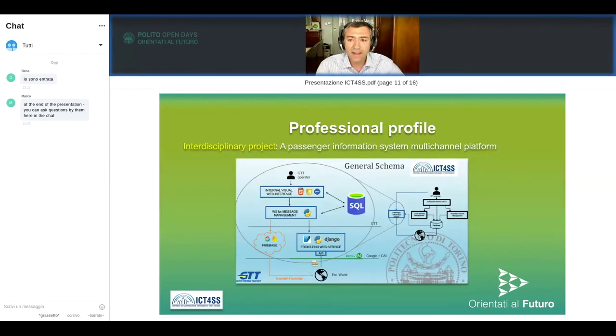So now I have a few slides about some of the interdisciplinary projects that the students have done here, because that gives you a sense of the type of job that you're going to do after the degree. Because I'm running a little bit late, I'm going to go through this rather quickly. So we have, for example, the design of a system for passenger information, which broadcasts to potential users of buses and public transportation systems any information about delays or failures of the traffic